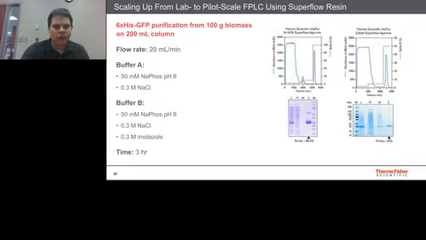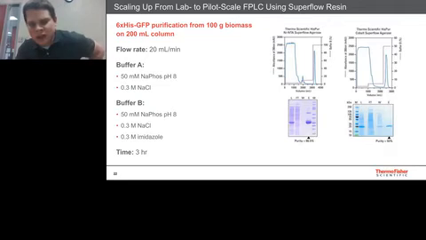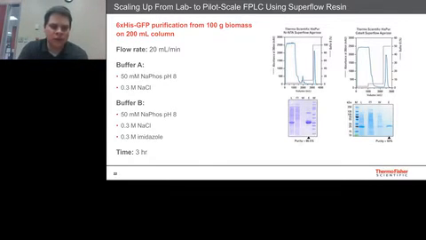So here's a typical pilot scale run for purification of a His-tagged protein. Pilot scale purifications were conducted on 100 grams of E. coli biomass overexpressing His-tagged GFP with columns packed with either 200 mLs of nickel-NTA Superflow or cobalt Superflow. 1 liter of total lysate was passed over the column at a flow rate of 20 mLs per minute and